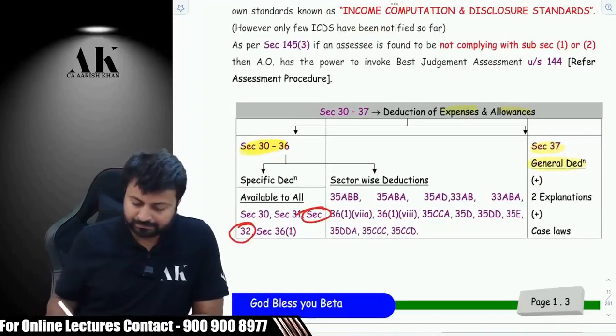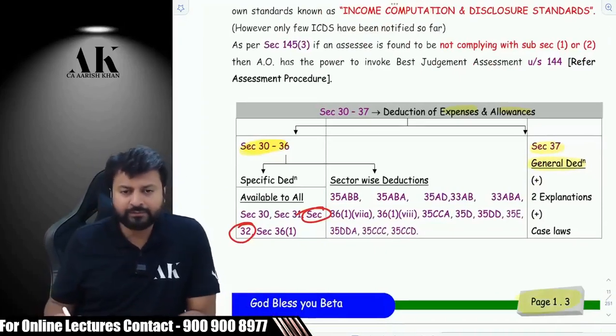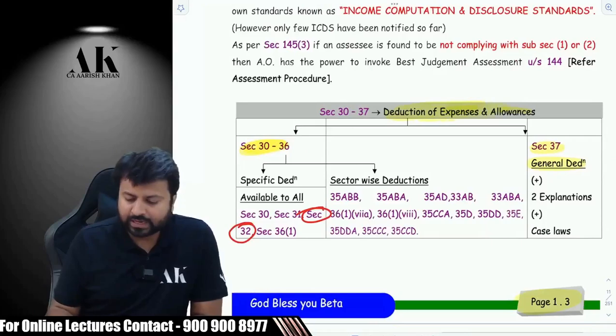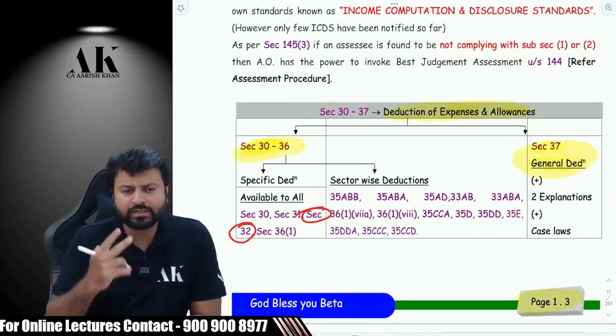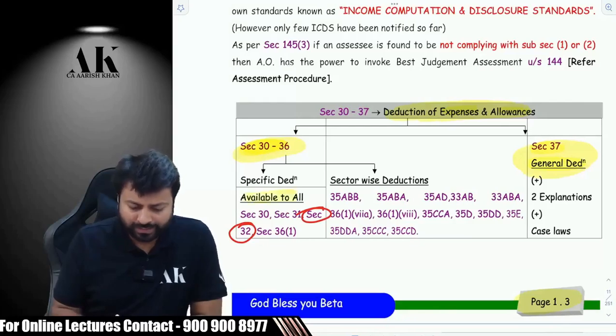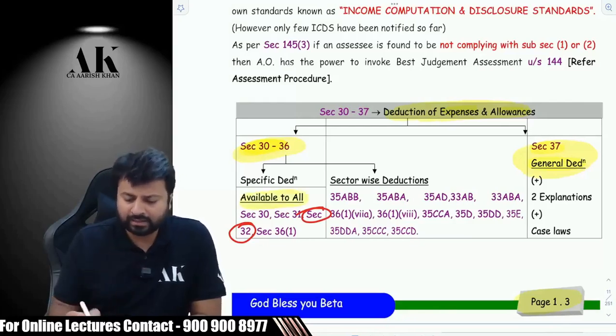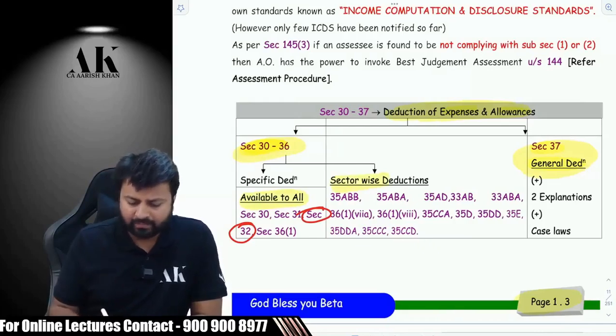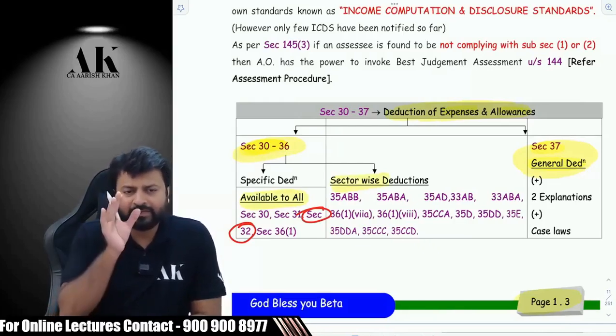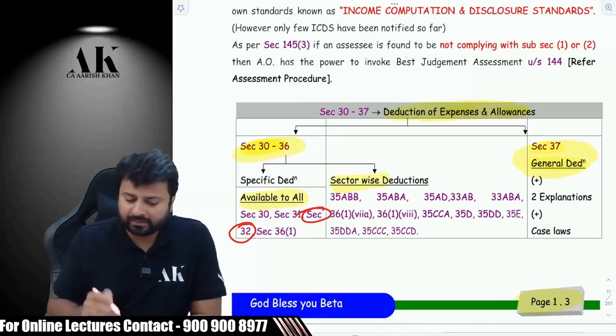Yes, this one on page number 1.3. The deductions and allowances under PGBP are there under section 30-36 and then 37(1). Section 30-36 talks about two kinds of deductions. One which is available to everyone, another which is available sector wise. Now, in the category of deduction which is available to everyone, we have done section 32 and its related